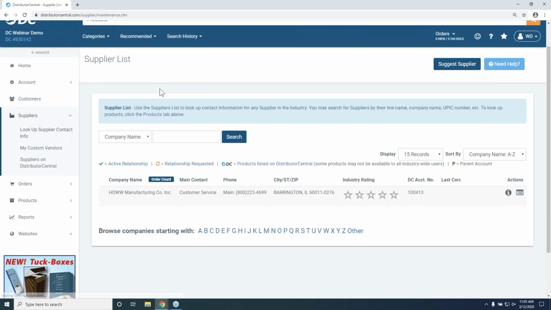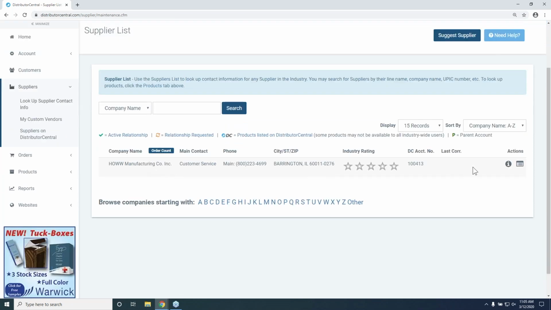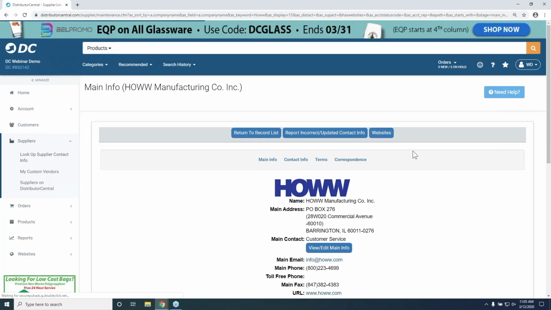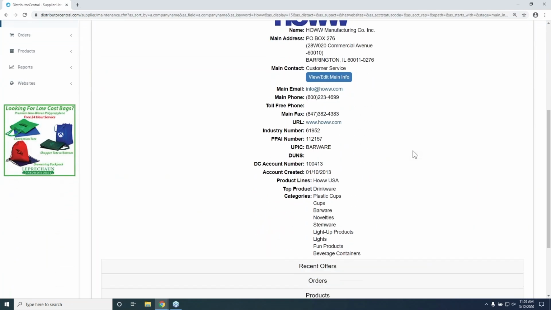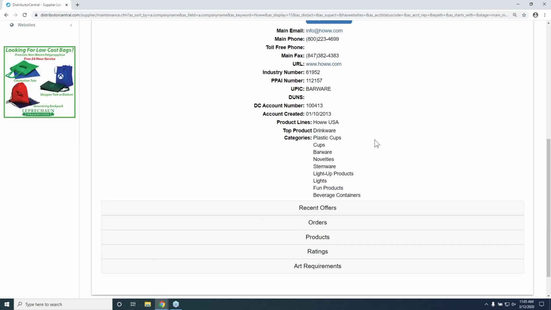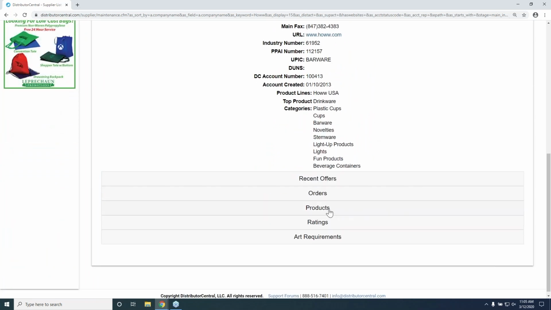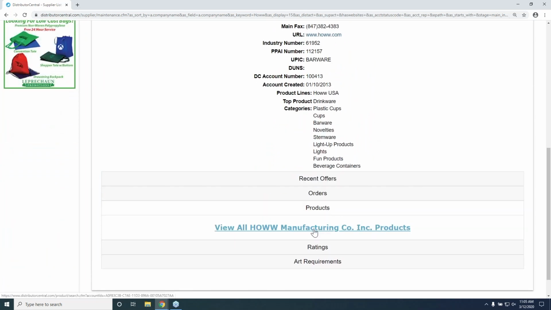You type in their name, you'll see their information here, and then if you click on the I for view info, you'll see all their contact information here, a link to their website, and then if you come down to the bottom, you can even narrow it down to their products. So right here where it says view all How manufacturing products,